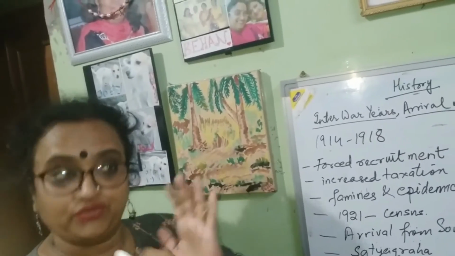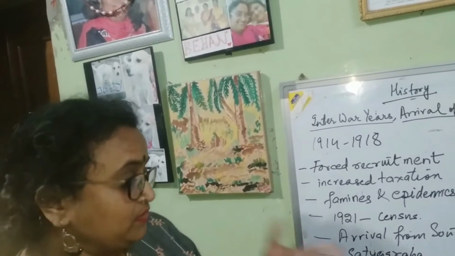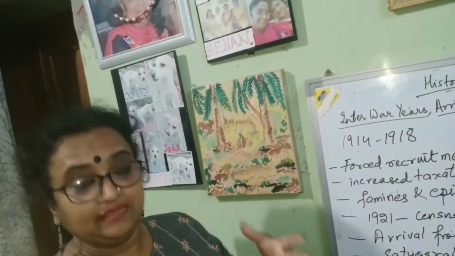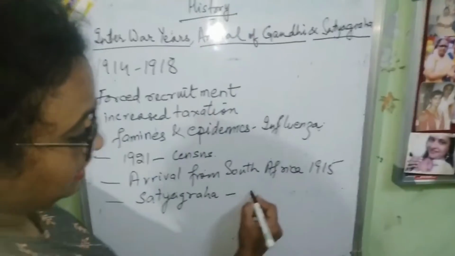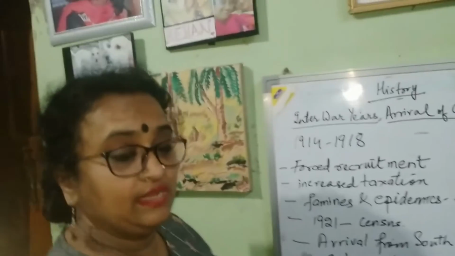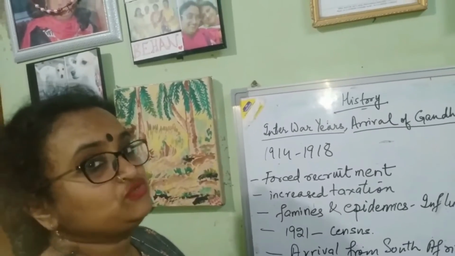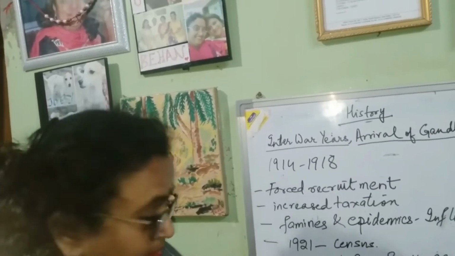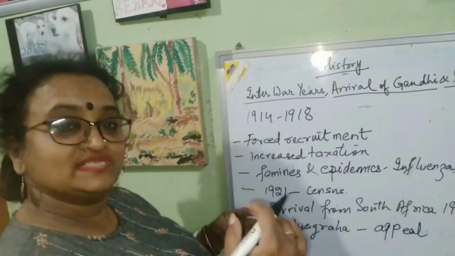He believed that if we are asking for truth, for example, if our rights are curtailed, हमारे हक मारे जाते हैं, then if we are asking for that, then definitely it's an appeal to the conscience of the opponent. Like maybe the Britishers will feel that, oh, we have been doing so wrong, and then they will accept the truth and they will get back on the right path. That was his main weapon, satyagraha, appeal to conscience,